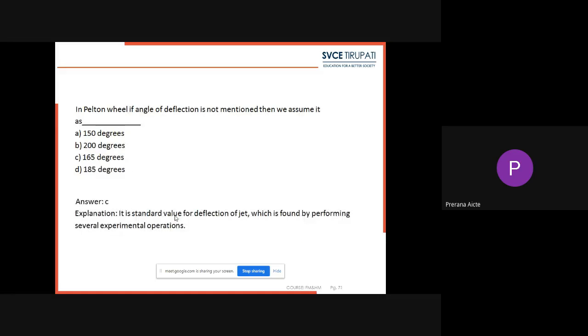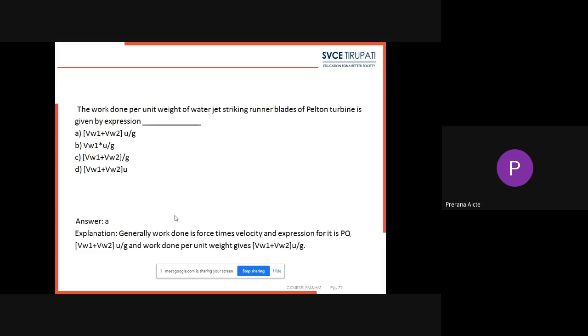Then the next question: in Pelton wheel, if the angle of deflection is not mentioned, then we have to assume the value as 165 degrees. So it is the standard value for deflection of the jet, which is found by performing several experimental operations. Next question, the work done per unit weight of water jet striking runner blades of the Pelton turbine is given by the expression